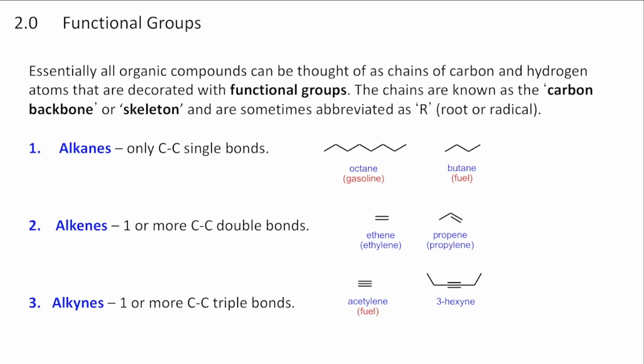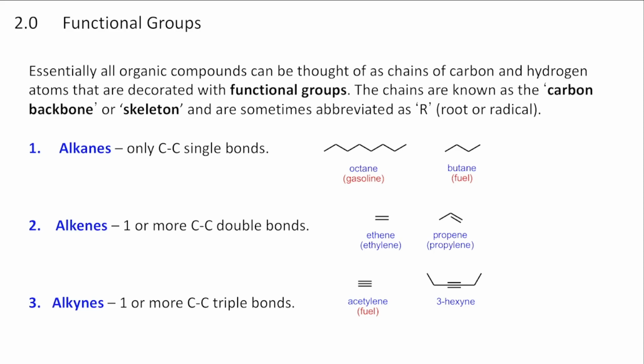Organic molecules we often think about as having hydrocarbon chains as well as other things attached to those chains. We often call those things that are attached to the carbon chains functional groups because these are things that provide function to the molecule. You can think of it like that. As well as the carbon chain itself, we often call the carbon backbone or the carbon skeleton, which we sometimes